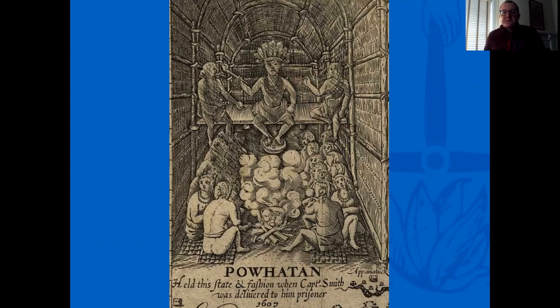English settlers or English explorers in the 1607 to really the 1620 time period, so really the first 20 years of the colony of Virginia's existence, misrepresent or mischaracterize the Powhatan Confederacy. They think of it more as a traditional European monarchy or quasi city-state, but instead it's more of a loose confederation. And so Europeans view Powhatan as basically a European-like monarch who has absolute power over all the tribes associated within the Powhatan Confederacy, when in fact,